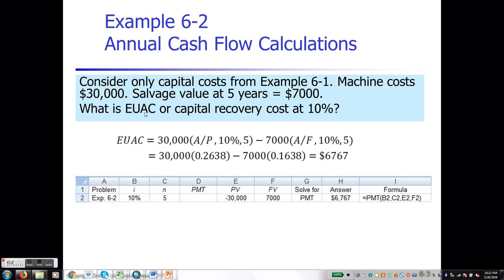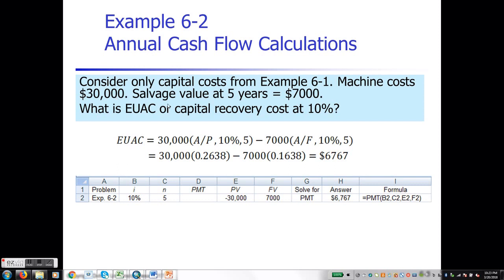But in this specific case, it's going to be the equivalent uniform annual cost. Why is it cost? Because we are referring everything just to cost, right? So it says that the machine cost $30,000, so that's the cost,